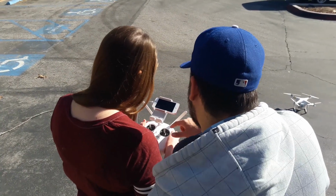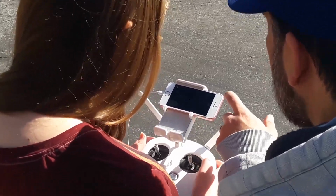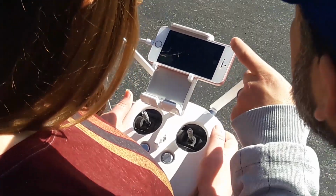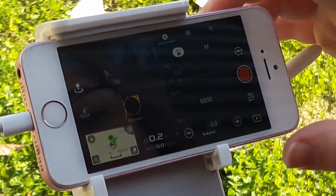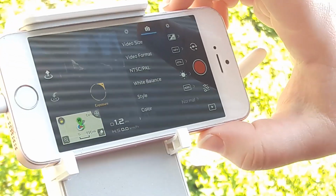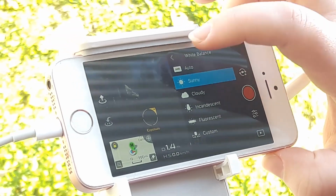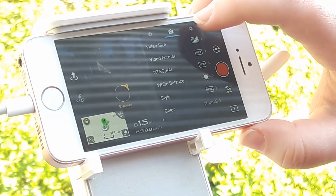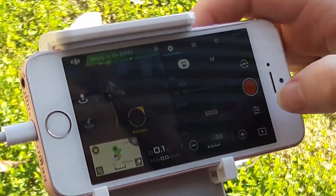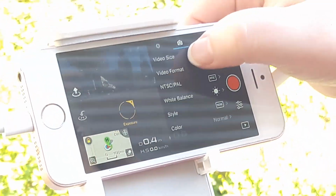Okay, so this is camera mode, right? No, this is camera mode. This is video mode. If you click on these settings, you can go auto, which I would suggest for now, just to see it. White balance, go ahead and click that. I would just go with auto, even though it might change on you. Actually, go with sunny, because it's really sunny. If you go with auto, it'll change midair. Then here under your video size, if you click here,